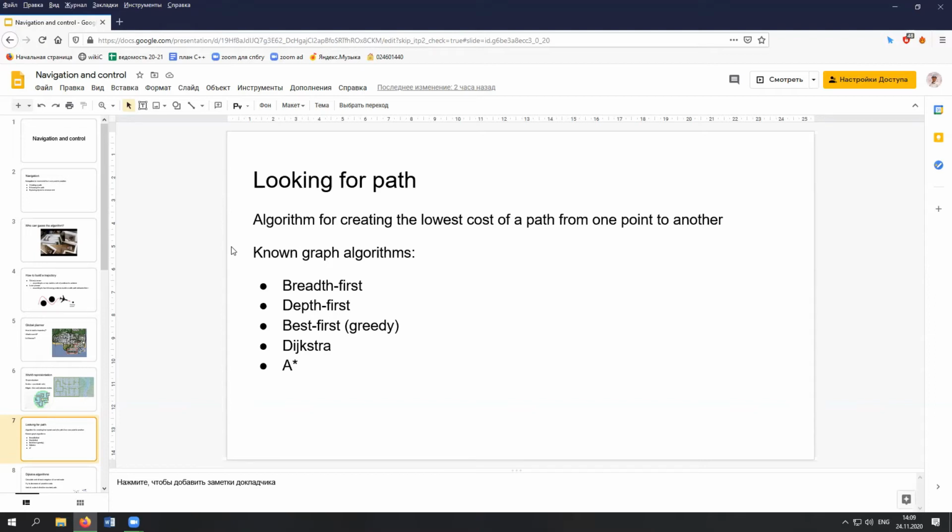But the complexity of the greedy algorithm is much lower. So in general, just for you to know, if you have some kind of large graph where you have to build the path,